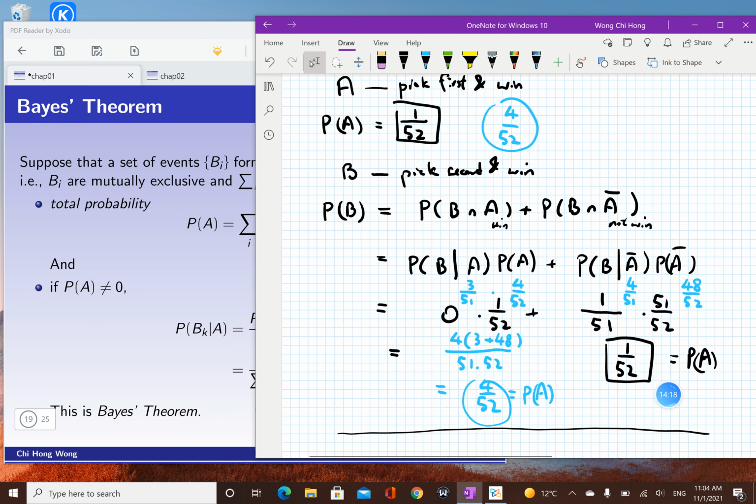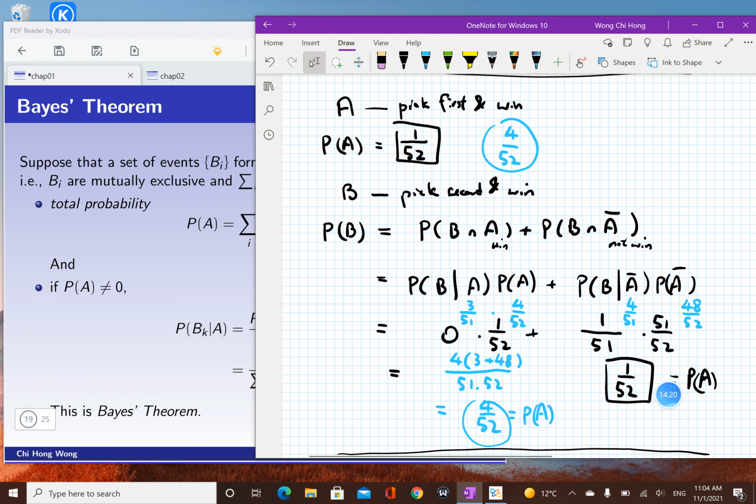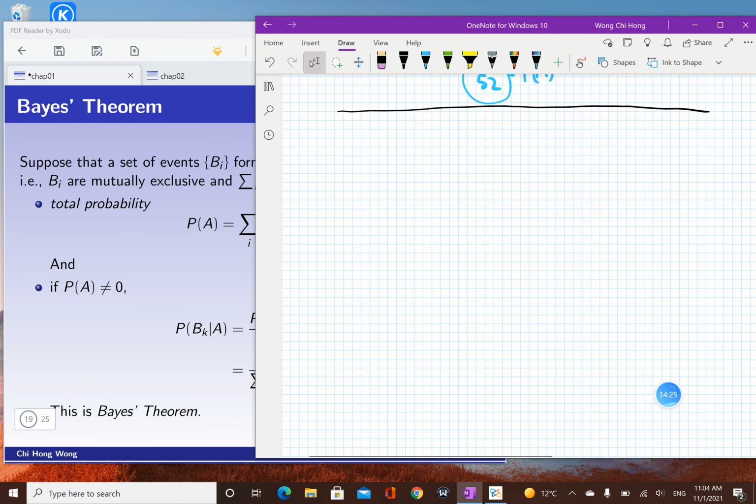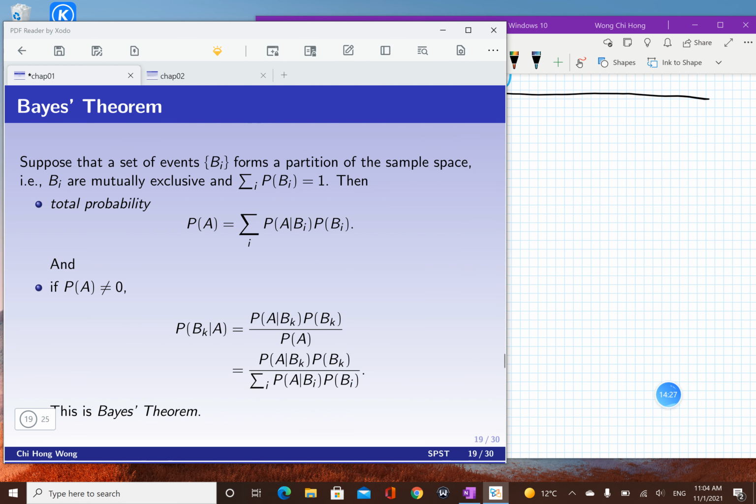So a little gaming example here that we can apply our total probabilities. But today we're going to show you the other, just as important concept, the Bayes theorem. Very important. It allows you to connect the probability of B given A with the probability of A given B. It's really just an extra step from our total probability, using the proper definition of